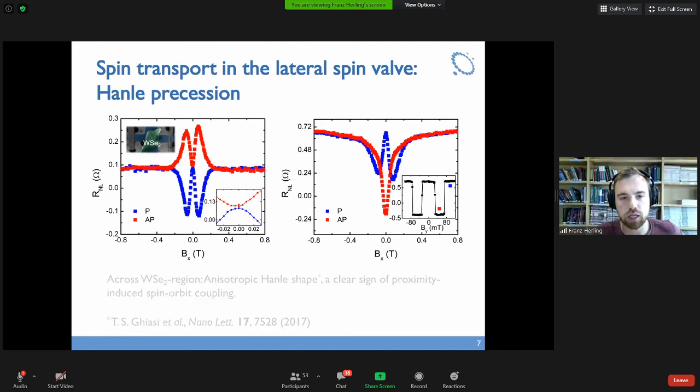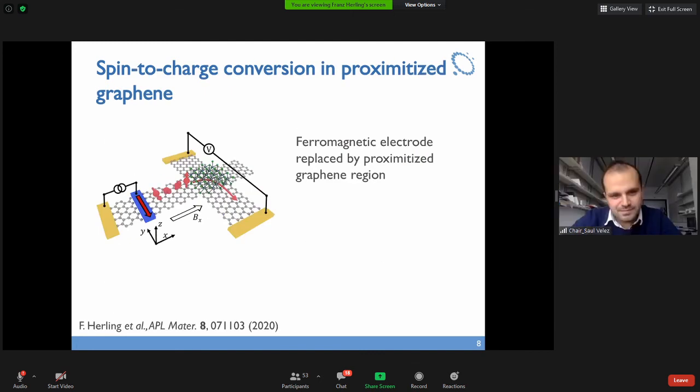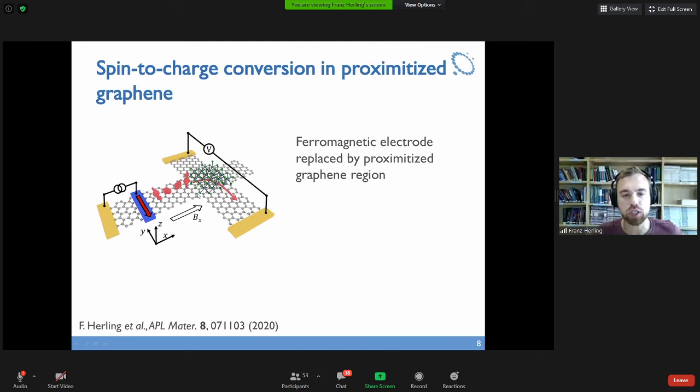Now, in this case, if we look at the design, what is interesting is the spin current that reaches the proximatized region. So of course, in some sense, the spin diffusion length of this graphene, or whatever spin transport channel you're using, copper for example, is interesting because it determines how much spin current is actually reaching your spin to charge conversion region. But then if you look at how efficiently the spin current is converted into charge, then the two main parameters are